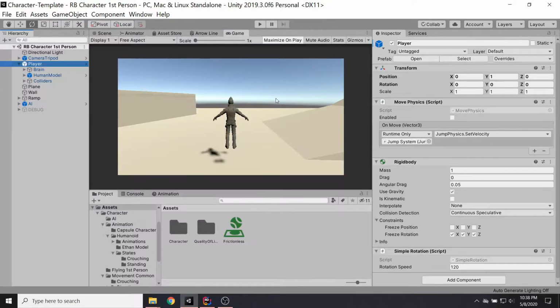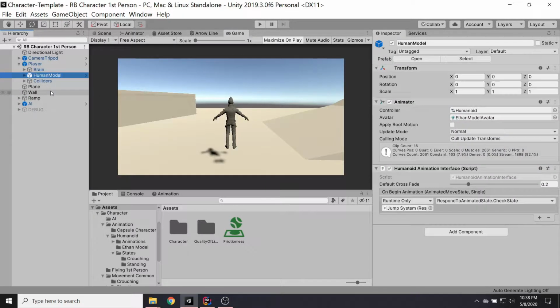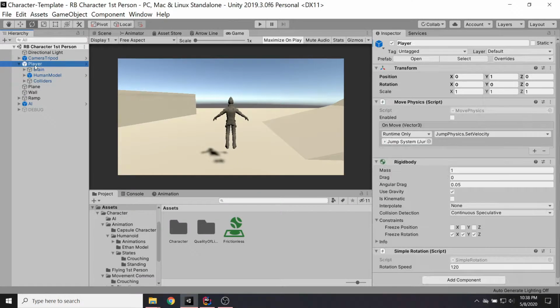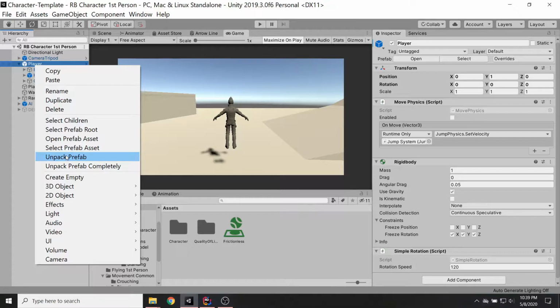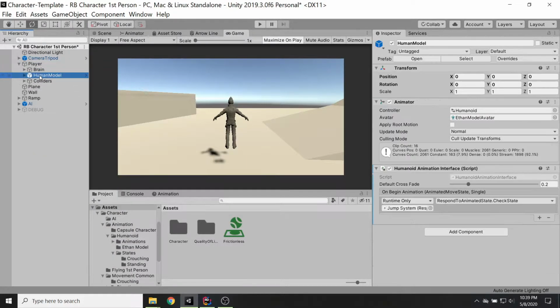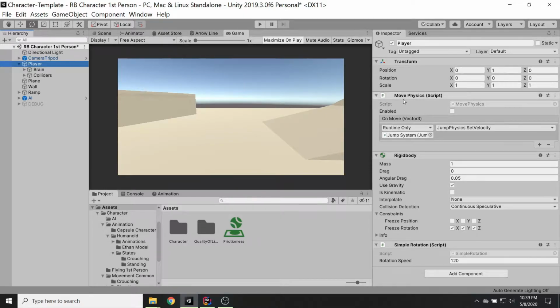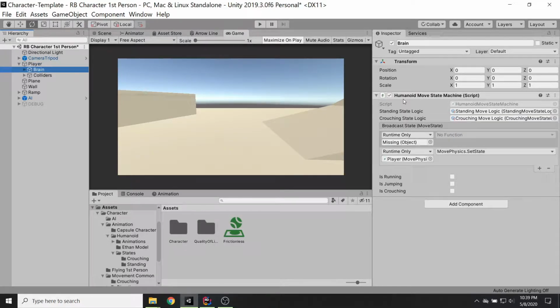It's currently set up to third person, and the first thing I'm just going to get rid of is this human model animator, because in first person view you typically can't see your body. So I'm just going to remove that. Oh, and I don't want to break the prefab, so I'm just going to unpack it and get rid of this human model